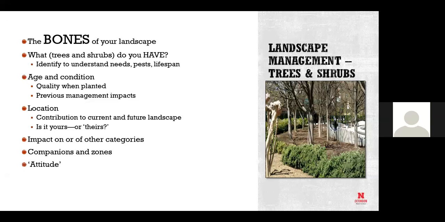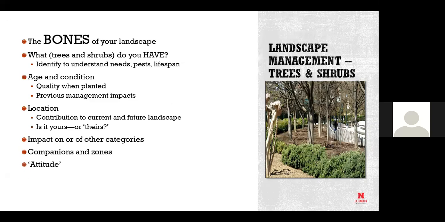Both, again, the critical one is a tree that is potentially a hazard. Less critical is a shrub, a big old shrub of some sort. What was the quality when it was planted? Now, you may not have a clue on the big stuff, but certainly on newer things, and that, again, is so essential. Where was it grown? How was it grown? How was it handled? What is the root mass like? All of those things. Was it allowed to dry out on the parking lot and then it got watered? That makes a big difference.